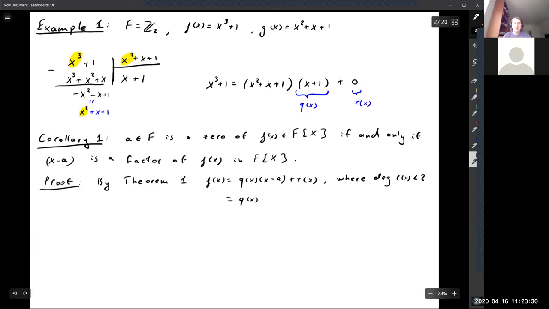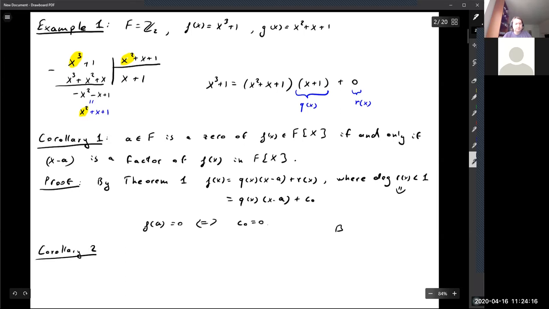So f of x is q of x multiplied by x minus a plus c naught. Then of course we get that f of a equals 0 if and only if c naught equals 0, right? That's a fairly simple corollary, but it immediately implies the other corollary,